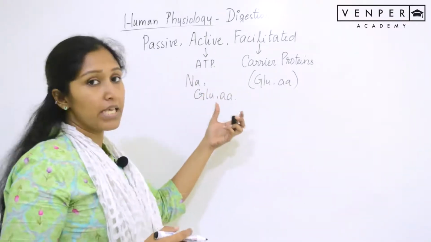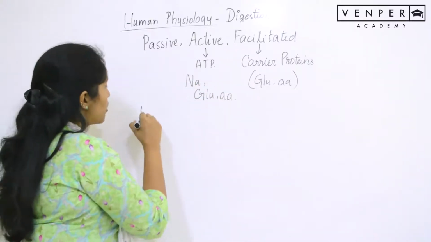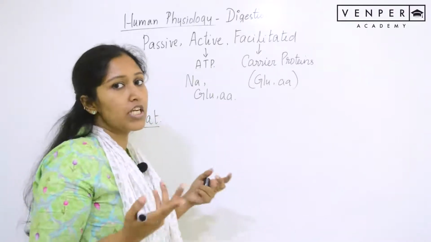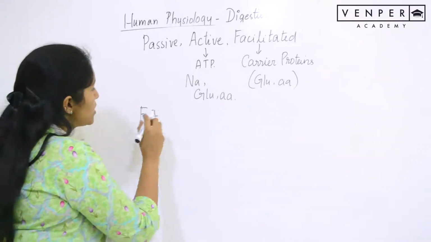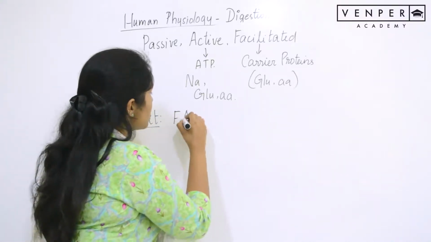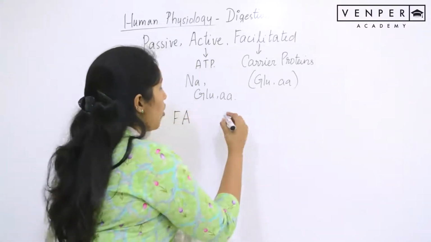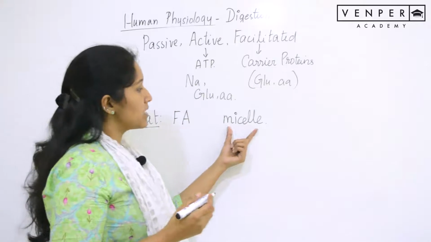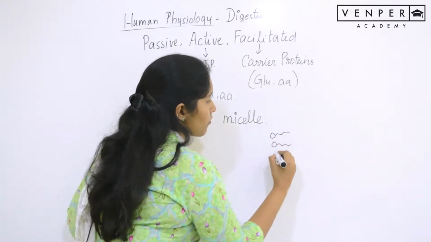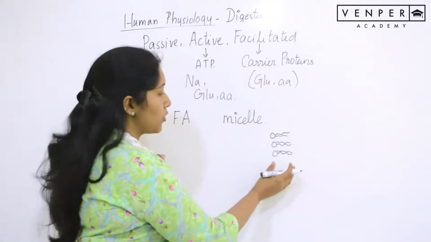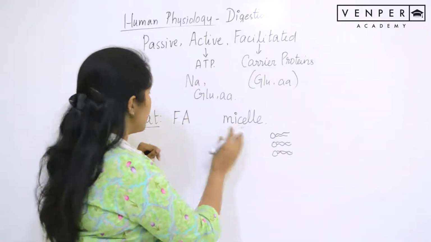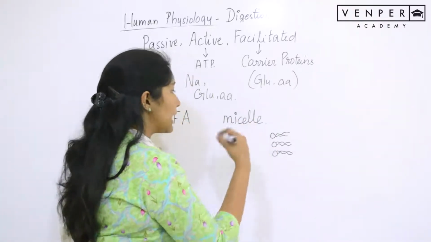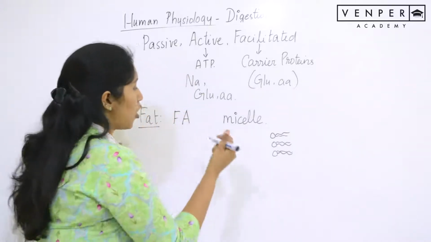These are the basic molecules, but the fat molecules that are produced, the fatty acids, cannot be mixed with the blood because they do not mix. So the fatty acids that are produced are first incorporated into a small molecule called a micelle. A micelle is basically made up of fatty acid molecules that have different polarity. The fats which are digested into smaller particles are incorporated into the micelles, and then the micelles are again broken down further into smaller particles called